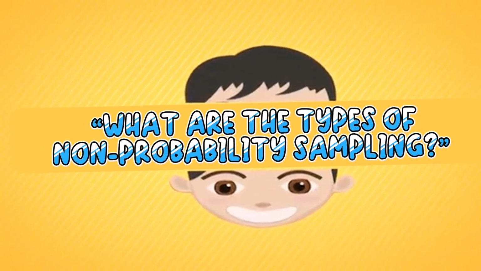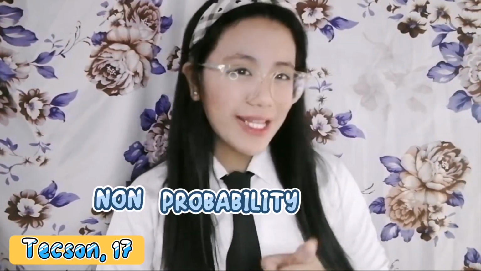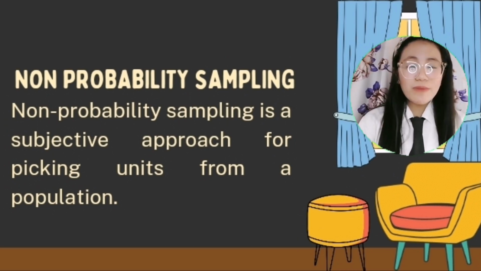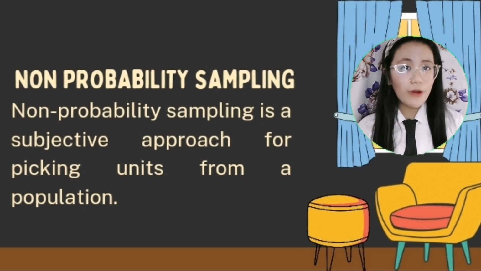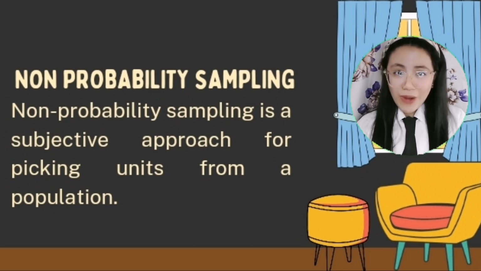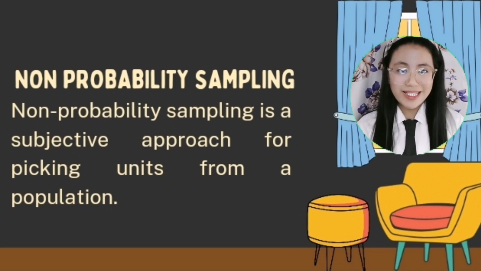What are the types of non-probability sampling? Before we start, let's first define non-probability sampling. Well, a non-probability sampling is a subjective approach for picking units from a population, or in other words, it is a non-random sampling technique wherein researchers have their target respondents. In non-probability sampling, take note of this, not all members in a population have an equal chance to participate in